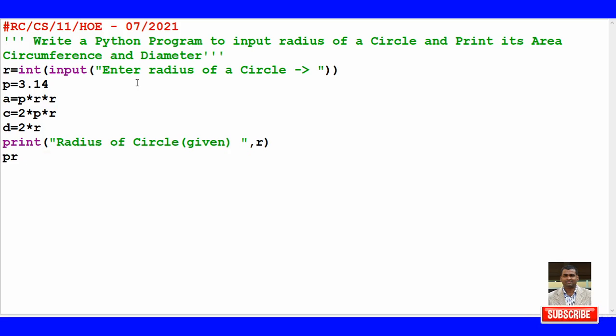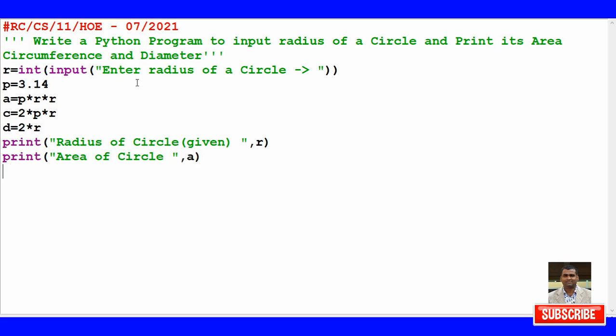Then again I'm going to write print, and area of circle. I'm going to write C in capital, circle. Then what is the area of circle? This is coming from A. Done.